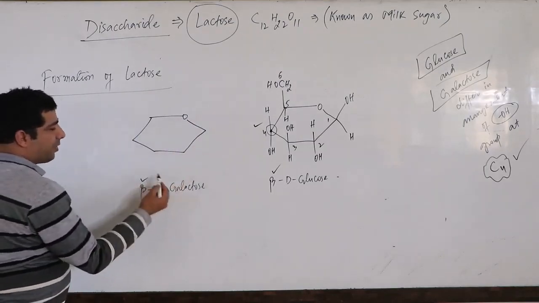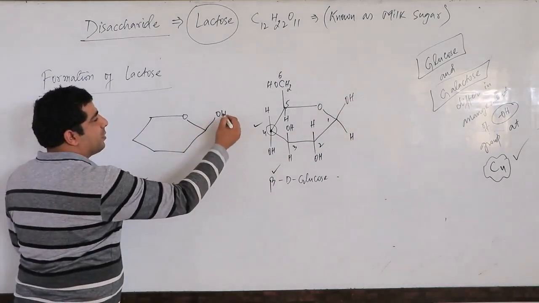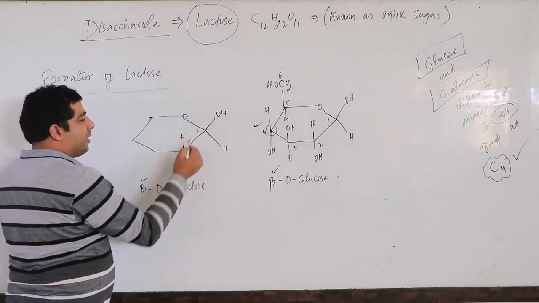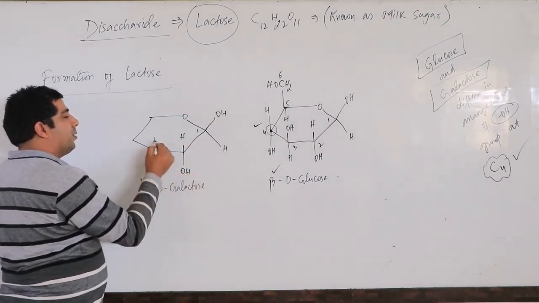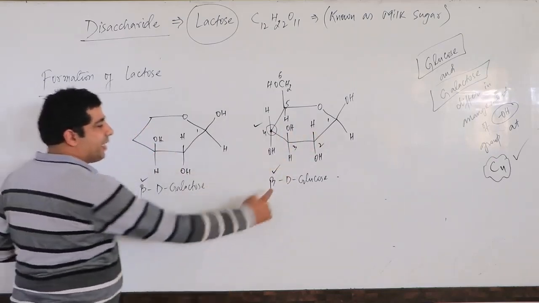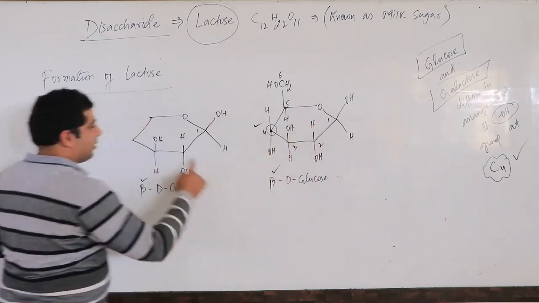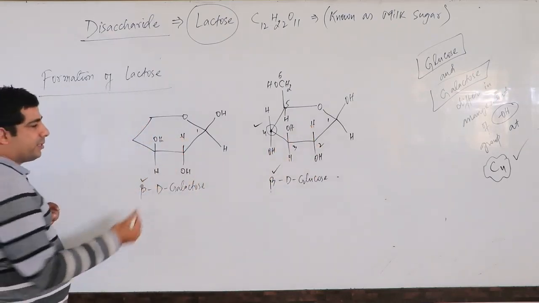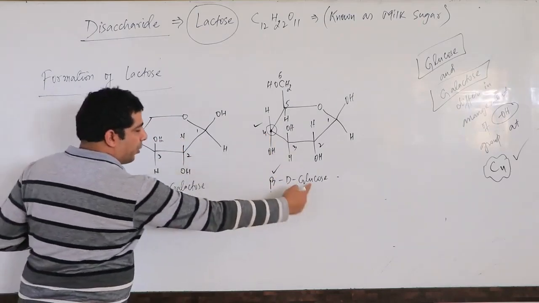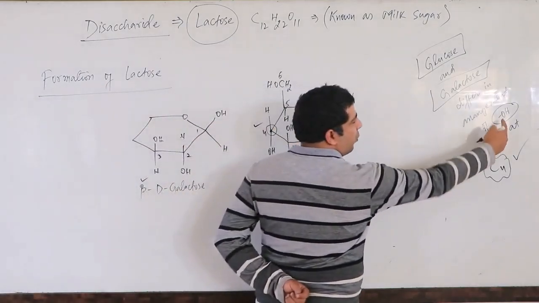This is also the beta form, so the OH group is up. Here also the OH group will be up because this is also a beta form. So carbon number 1, same thing, H, OH. Third, OH, H. Everything is same. Beta, this is also beta. Second carbon, H, OH, OH, H, H, OH, OH, H. No difference. But at the fourth carbon I told you, the glucose and galactose differ in arrangement of OH group at